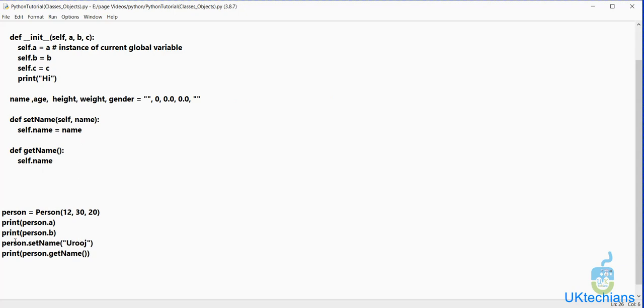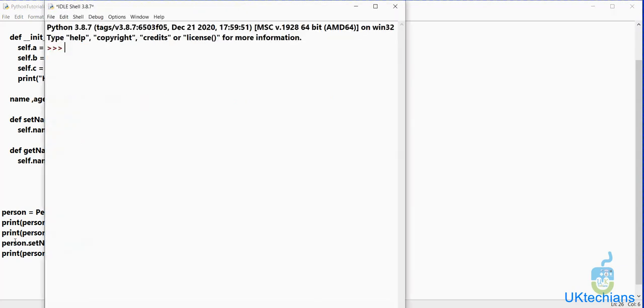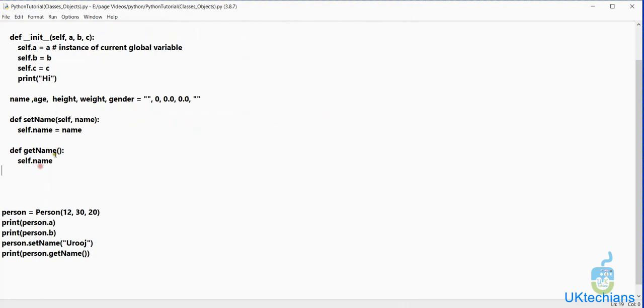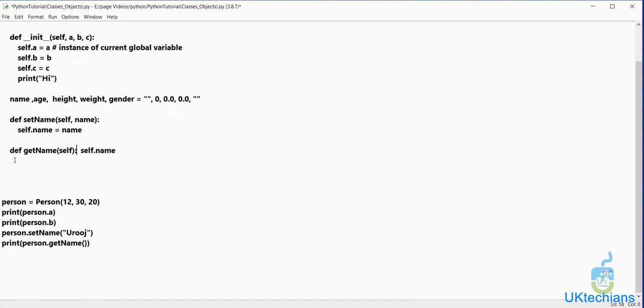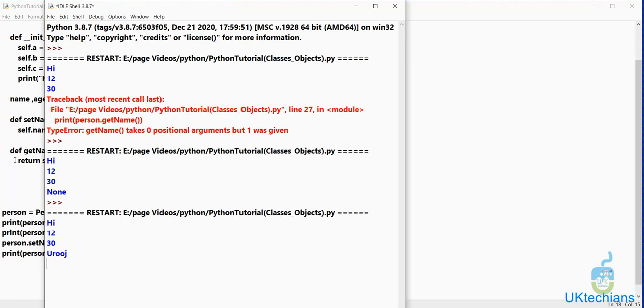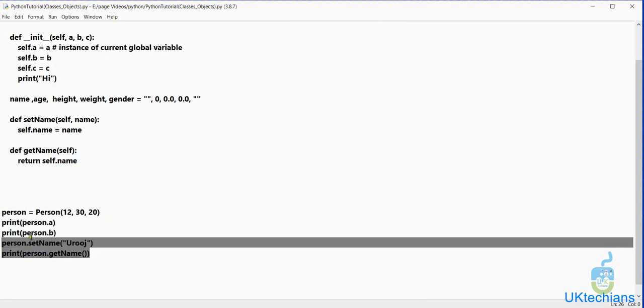So let's save it and F5, run it, and let's see what it will return. And same with this, we have to define self here. I just forgot to add return to return the value of this particular variable. So let's say return and then save it and F5, so it will return the value Uruj.